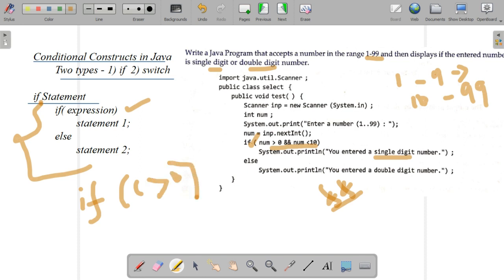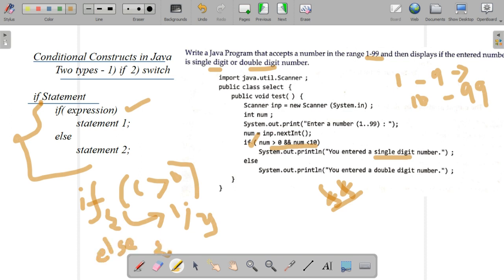That means if the condition, for example here c greater than 0, is true, it will execute the first statement or the statements inside the if statement. If you have two or more statements, we have to use braces. If only one statement, there is no need for braces. Else means the condition is false, so it will execute the else statement. This is the if statement. The next one is the nested if.